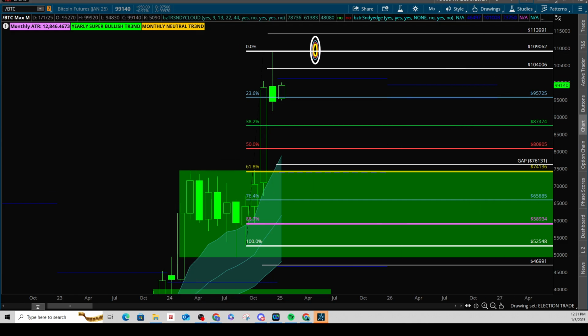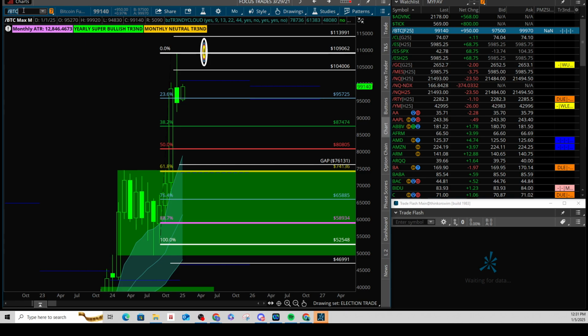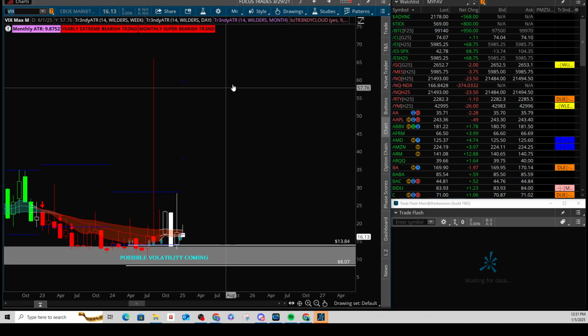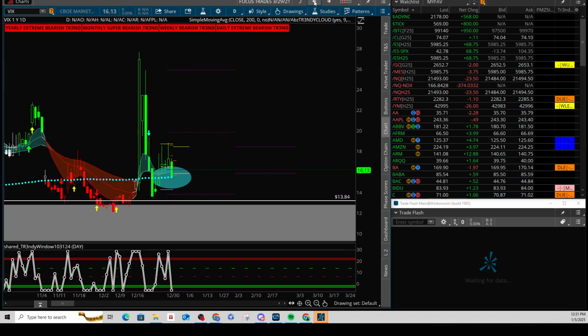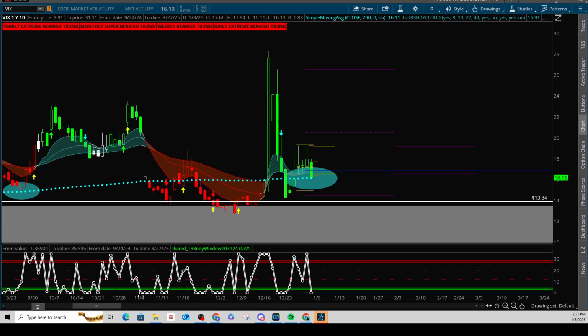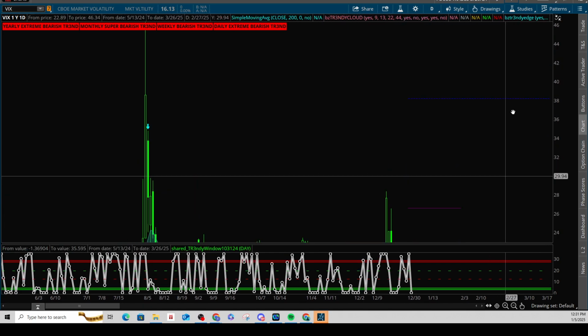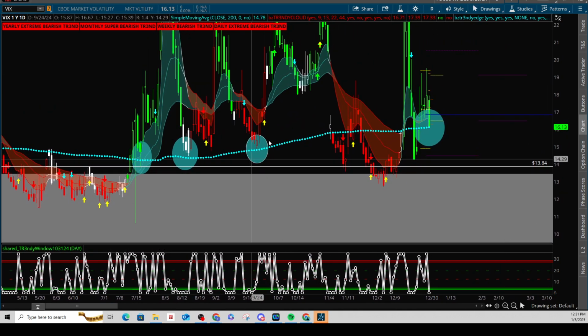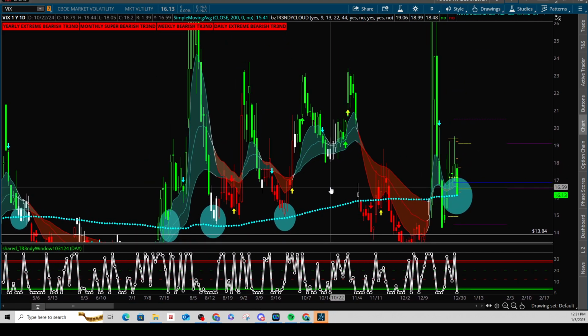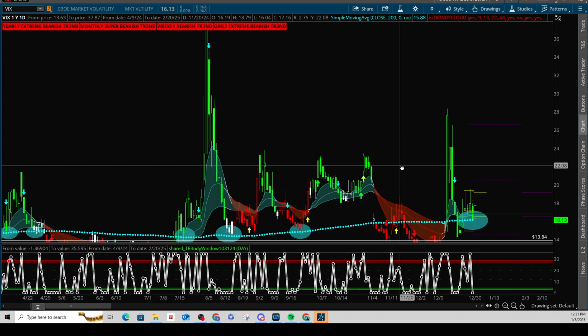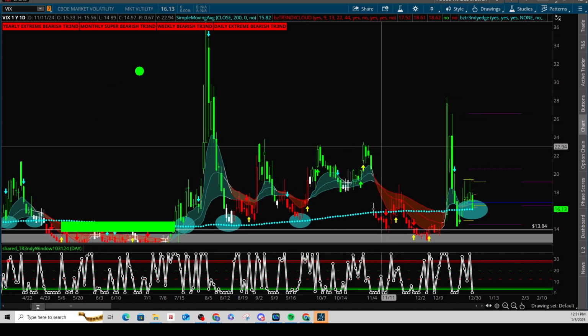All right. Last thing that I want to show you, and I don't usually go over this, is the VIX, just something that I noted as I was looking around at some of the charts. I came over to a daily and I noticed the 200 SMA. You're going to notice the circles that I put on here. It's just something to take note of. The VIX came into the 200 SMA. Almost every time we've had a volatile move that's created a big extension off of here, every time it's come back, we've gotten a really big bounce of volatility back to the upside.